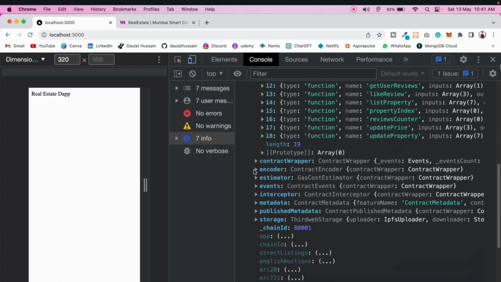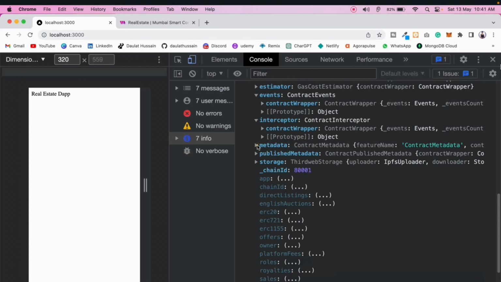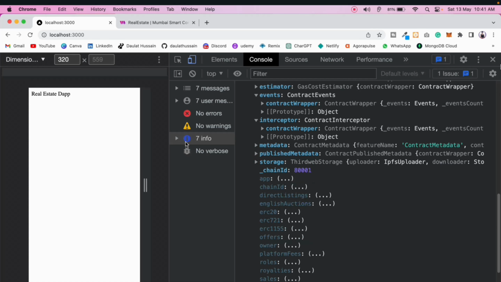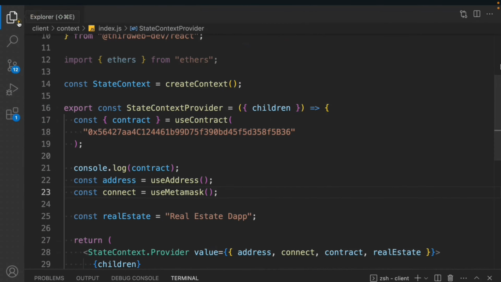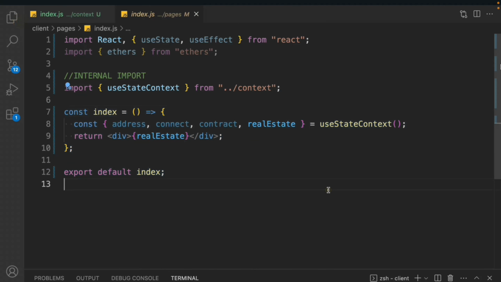Means our setup is absolutely working fine. Whatever we have done so far, everything's looking fine. Connect wallets, everything's working fine. So that looks pretty fine to me. We have amazing setups, and simply come up here, go to the index and simply come up here,